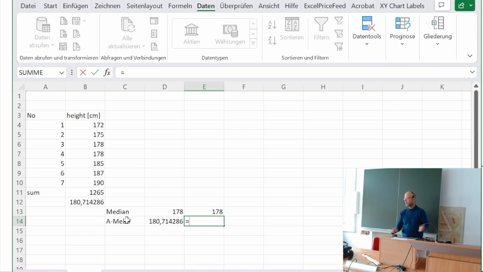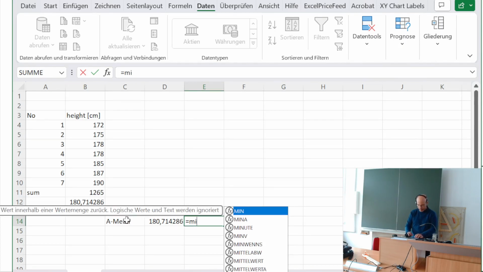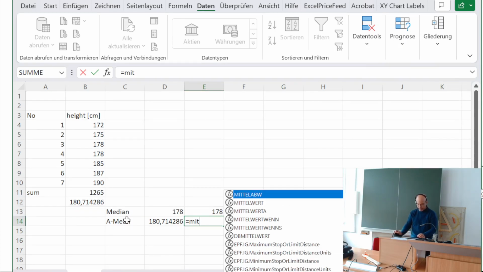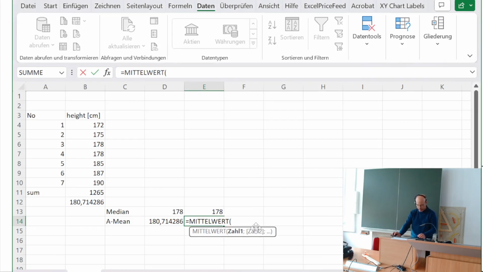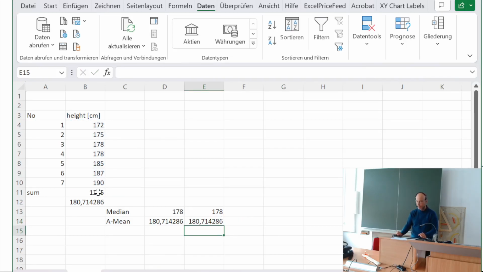Of course there's also a formula for the arithmetic mean, and in the German version this is just Mittelwert, or mean. So we take this one, brackets closing, and of course this is also the same one. Well,